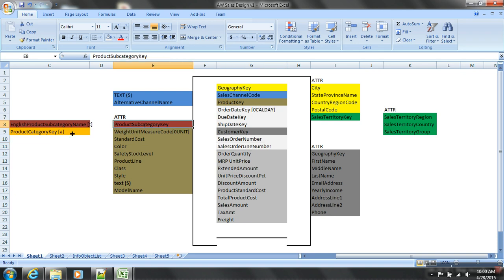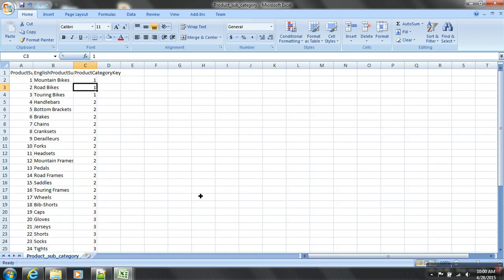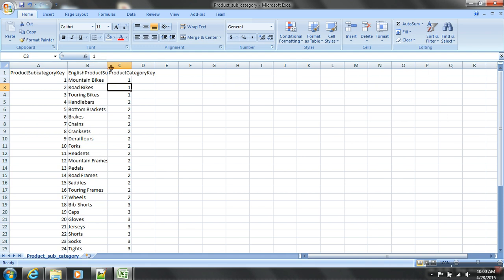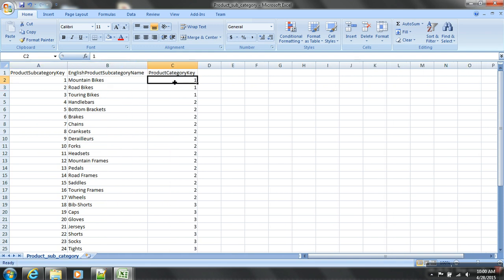Product subcategory does have another information which gives me what product category it belongs to. Because for product subcategory, we have information again on what category name it belongs to. Yes. Now can I store this in the text table?